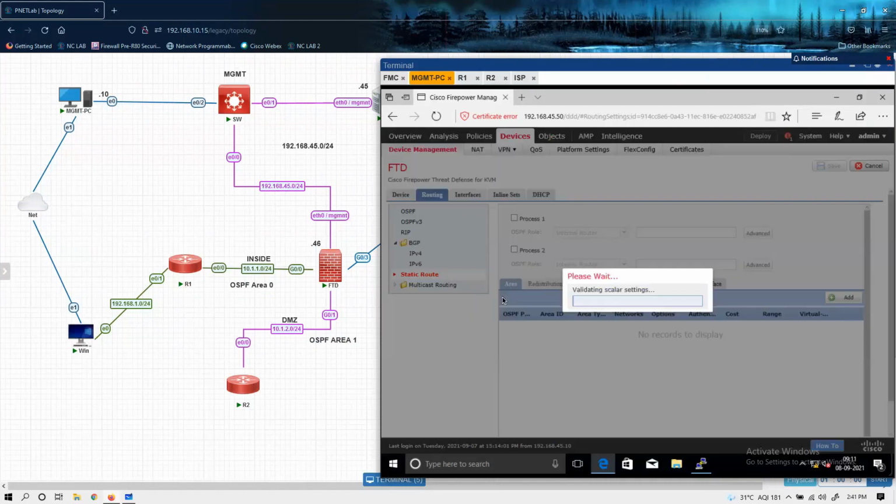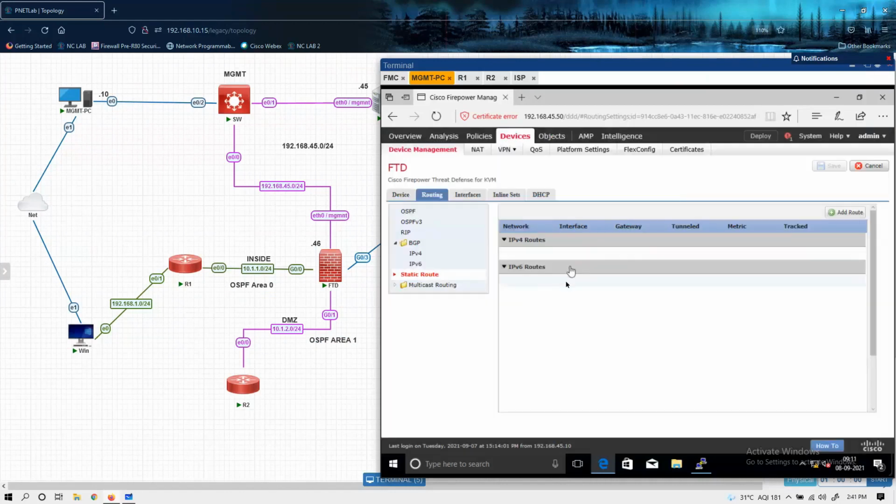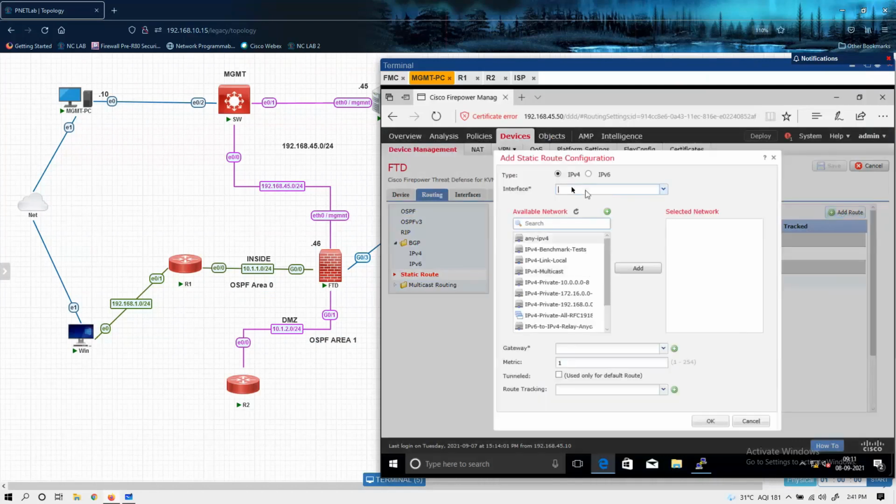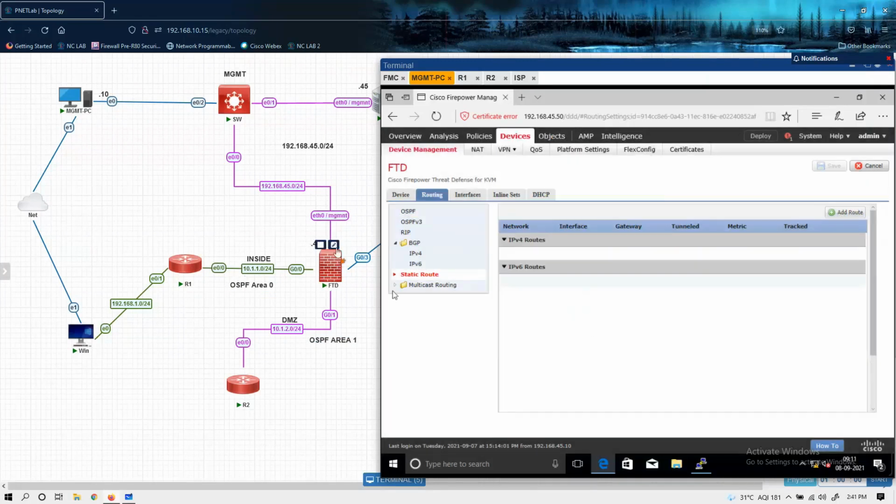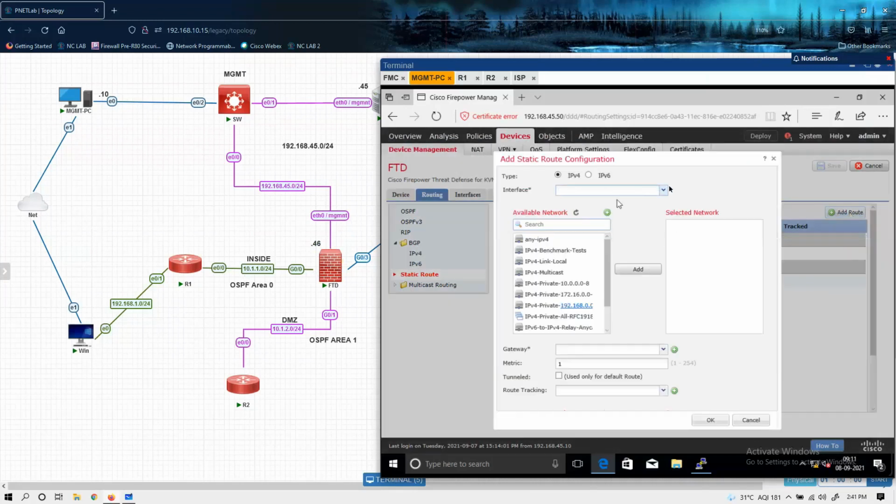Here in static routes, you can see yesterday we configured routes, but they are not available. I think I did not save or something. So let's configure a default route towards the ISP. Okay, so this is FTD. I want to put a default route towards the ISP. I will click add route. Here it will ask for the exit interface, like it was asking on ASA route and then exit interface. So here, route outside. This is any IPv4, 0.0.0.0/0, and the gateway will be the ISP IP.